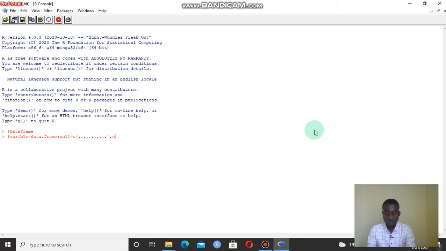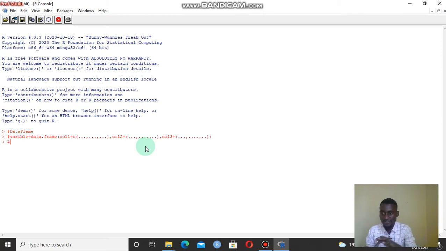So I'll have the second column, or rather the second vector, and this will have a certain number of elements. But we realize these elements need to be the same number as in the first vector in order for this to be a data frame, because we are saying a data frame is a list of vectors which are of the same length. Then I'll have the third column, and these elements need to be 3. So that is the syntax we'll be using to create a data frame.